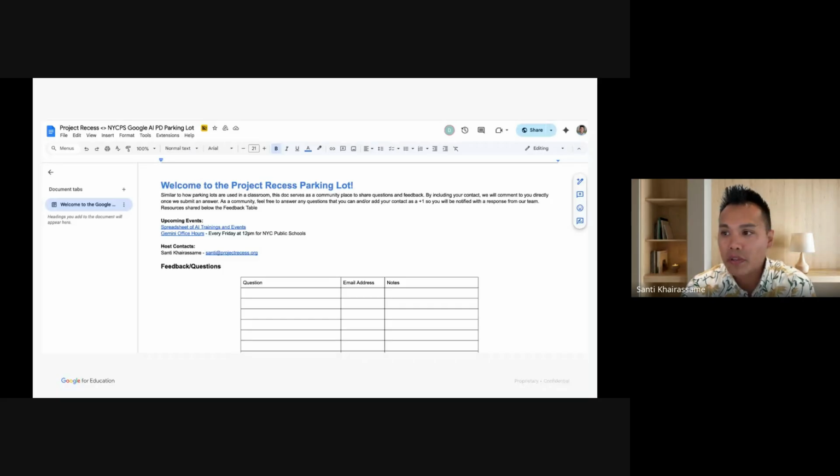The main reason why I personally am a fan of using Gemini and Google AI tools within New York City is that, just like your Outlook email, it has gone through a very serious, rigorous security process to make sure that the data you're emailing your colleagues and students about is protected.